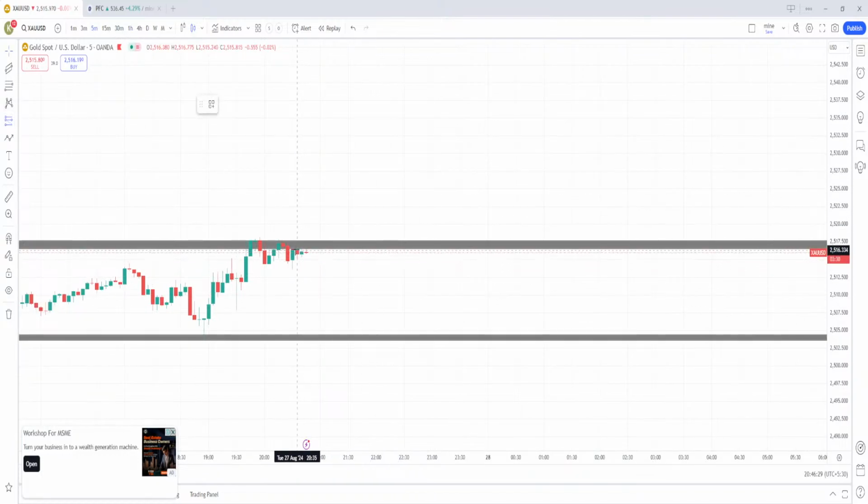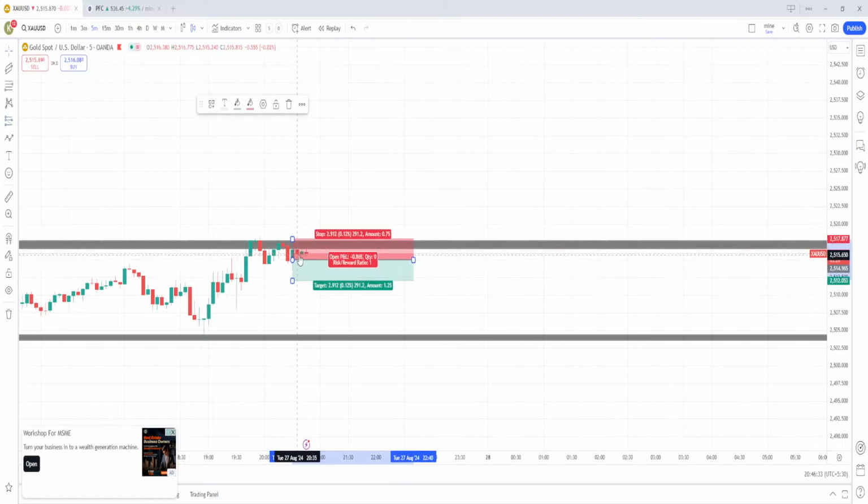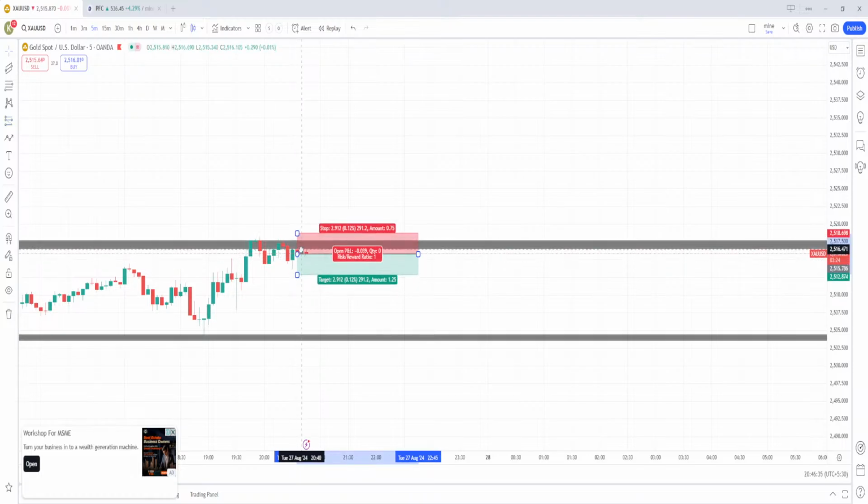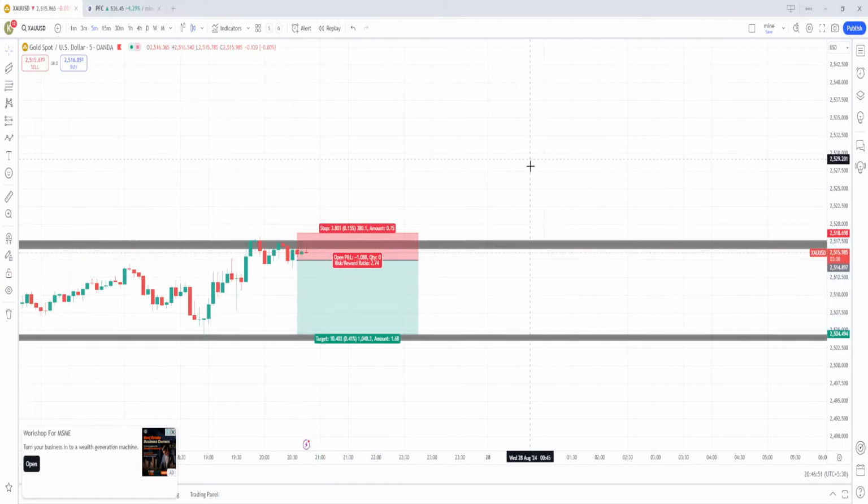I made a short position from here. You can take it from here also, from the previous low. I took the trade from here before. So this is my SL